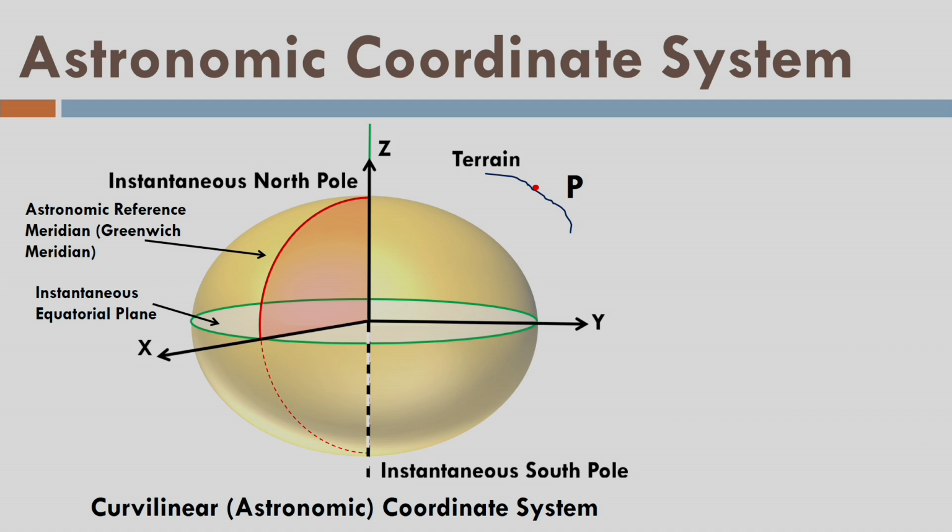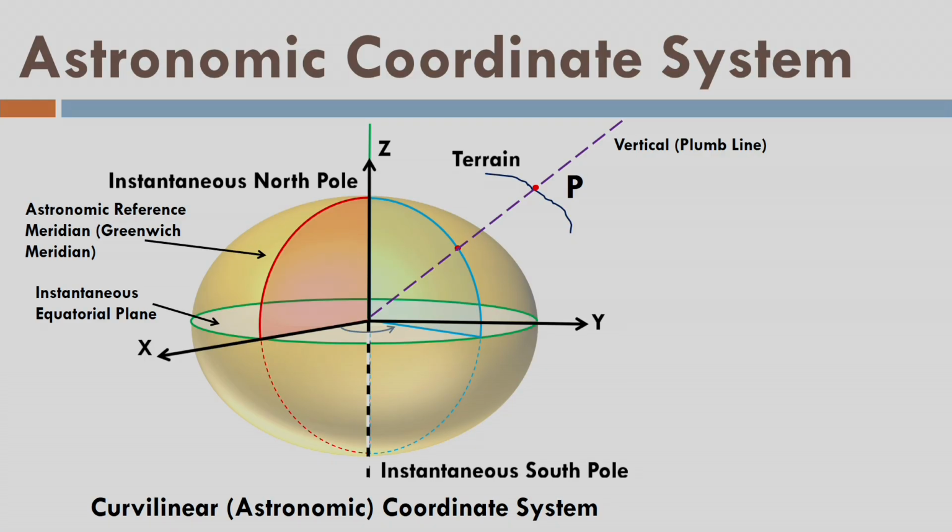Here in case of astronomic coordinate system, again point P is the same, but let us define the plumb line or the vertical line, that is called vertical, or sometimes called plumb line in literature. That is the line of gravity passing through point P. So it is going to intersect the geocenter of the earth, and that is why we are straight away drawing it to the geocenter.